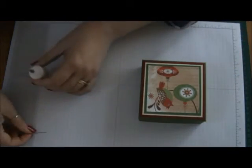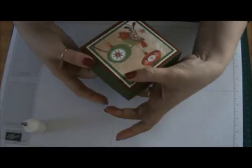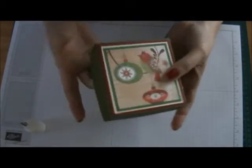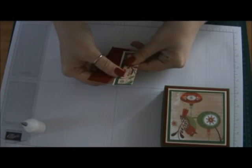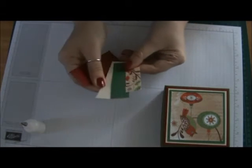Okay, so that's the lid, the front of the lid done. Alright, now you're going to do the sides, so we've got some layers for that as well. So the strips that we have are,